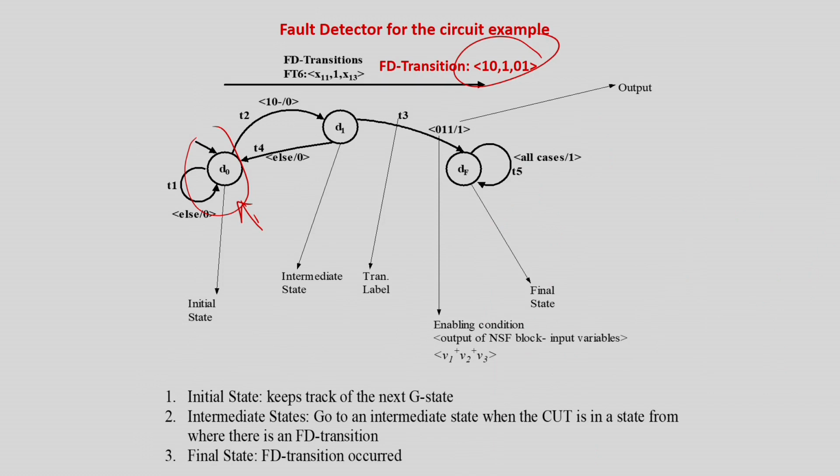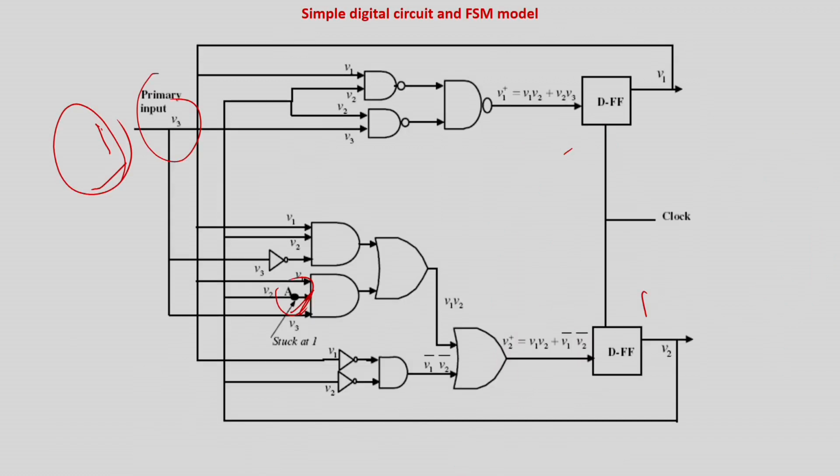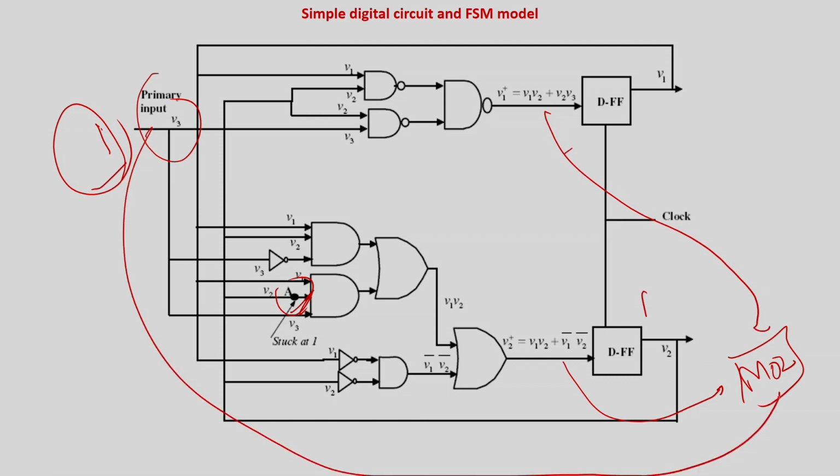So if you look at this design, this tester will probe the values of all the state variables and the inputs. Of course, the tester has to probe the values from the circuit under test so that it can detect the fault. Obviously, as the tester and the circuit are both on chip, you can do that. So if I say that this is the tester, that is module 2, it is going to probe this value, this input, as well as this input.